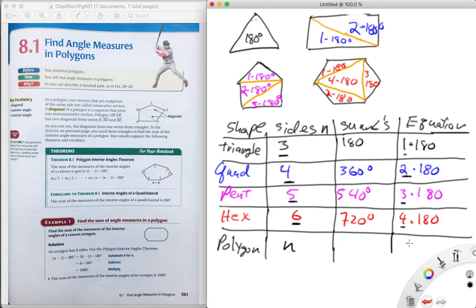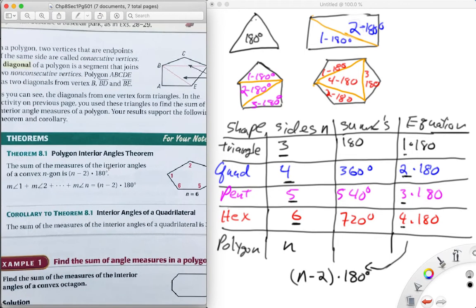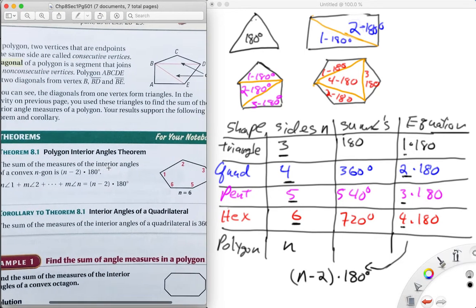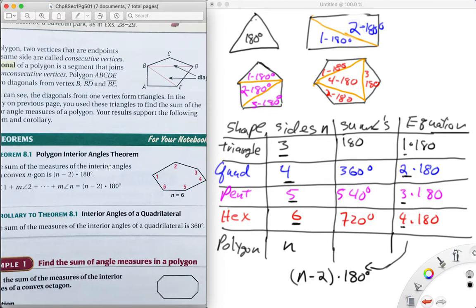So when I think of my equation, and I'll write it down here, to find the sum of the interior angles of any polygon, it's going to be the number of sides minus 2 times 180 degrees. That is the first theorem of the day, the Polygon Interior Angles Theorem, which says the number of sides, n equals sides, minus 2 times 180 gives you the sum of the interior angles of any